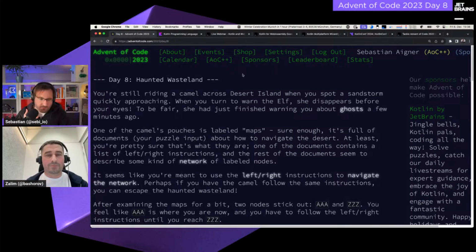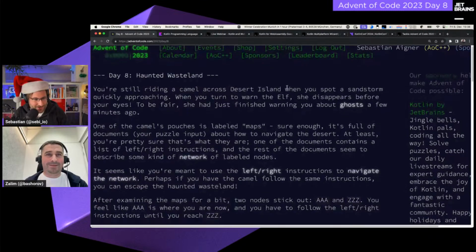So without further ado, I think it's time for us to dive right into that problem statement, and then we'll see what you thought about it, what I thought about it, and I'm sure it's going to be an exciting journey. So, most important part first, the reading hat goes on. There we go. Got to make sure the little bauble is nice and present, and we are ready for Day